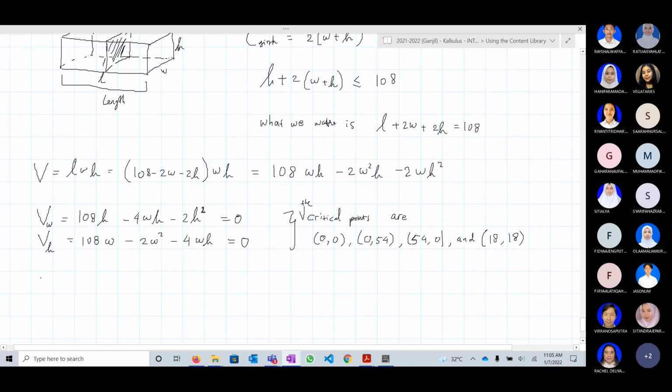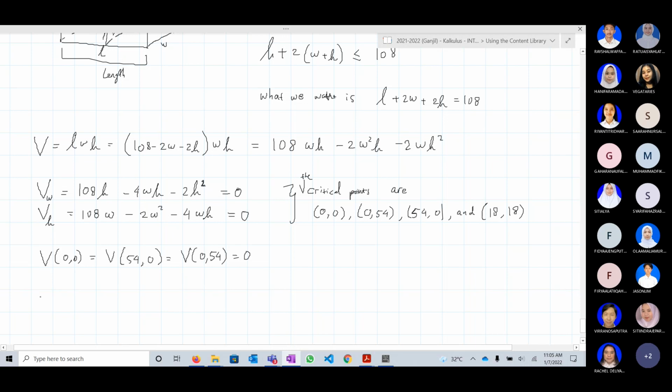So in this case, we find that the volume at (0, 0) is equal to the volume at (54, 0), and also equal to the volume at (0, 54), which is 0. And at (18, 18), we apply